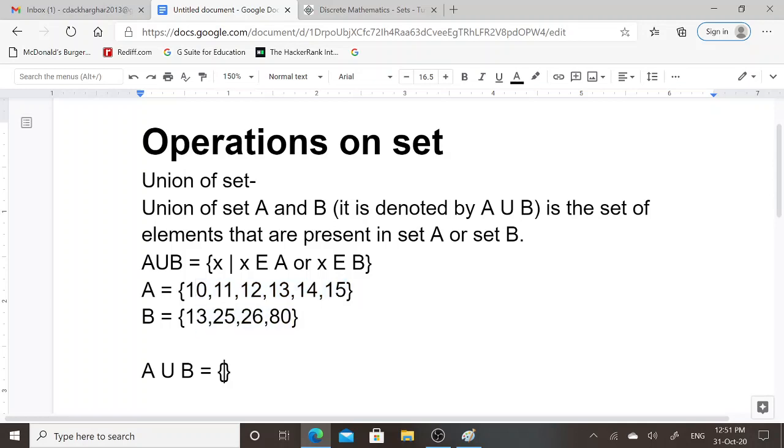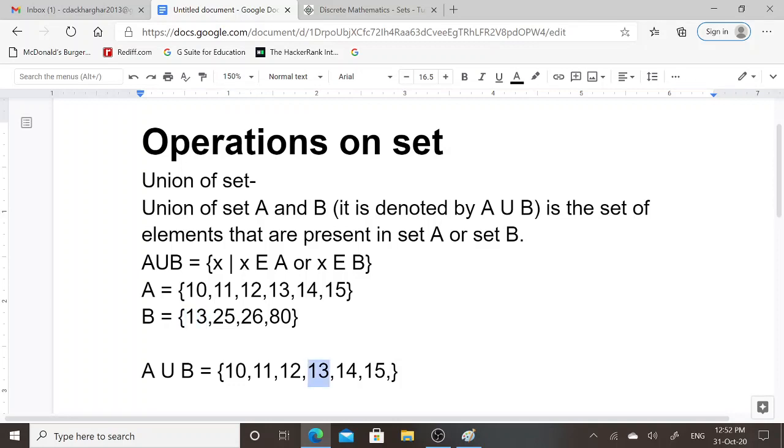So first I will consider all the elements that are present in set A, that are 10, 11, 12, 13, 14 and 15. Now I will focus on set B. Here in set B 13 is present, which I have already mentioned.